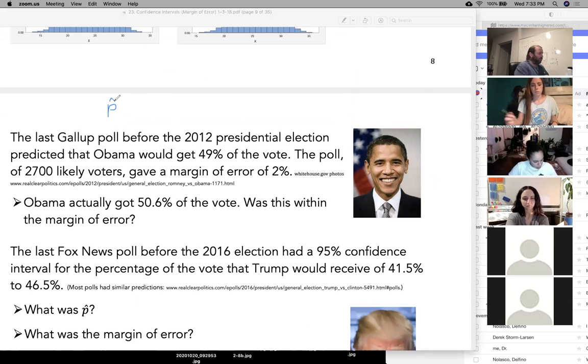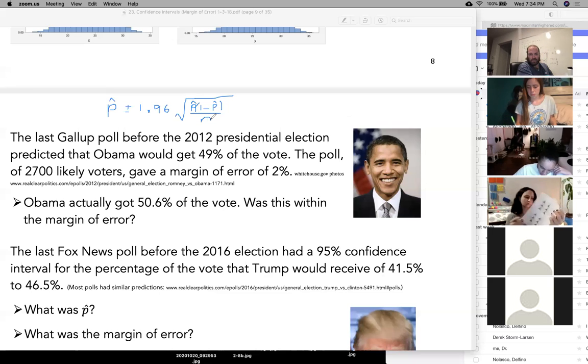It's p hat, which is your sample proportion, plus or minus 1.96 times the square root of p hat times 1 minus p hat, over n. Do we know what n is? The sample size. So p hat is our sample proportion, n is our sample size,